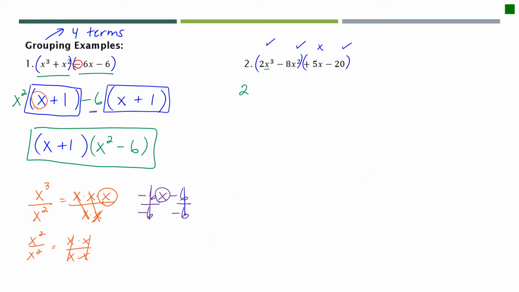And then I have x cubed and x squared, so I can take out the least exponent, so I can take out x squared. And then left over, we have to think of it like we're doing 2x cubed minus 8x squared, and we're dividing everything by 2x squared. All right, so here the 2's would cancel out, and I would have x cubed over x squared,